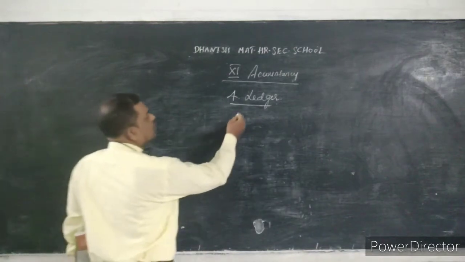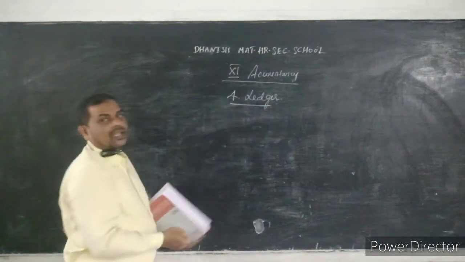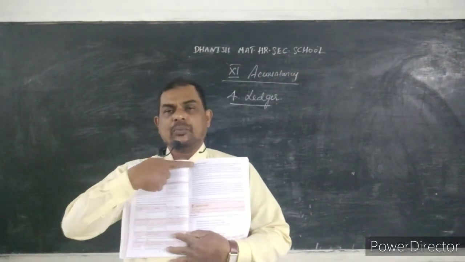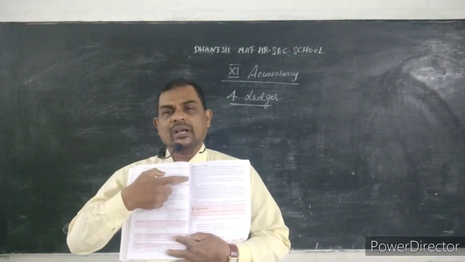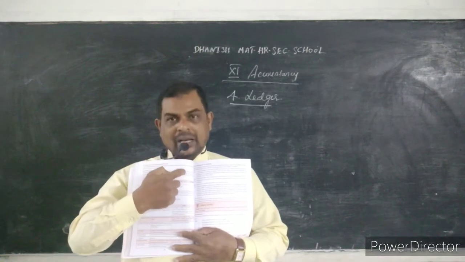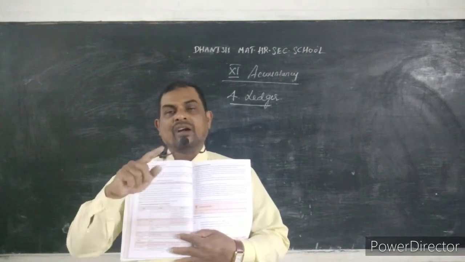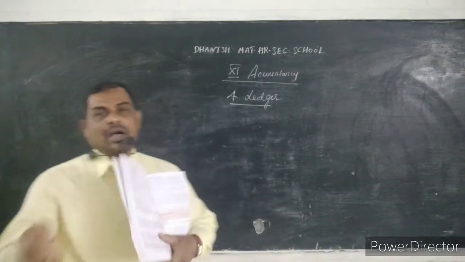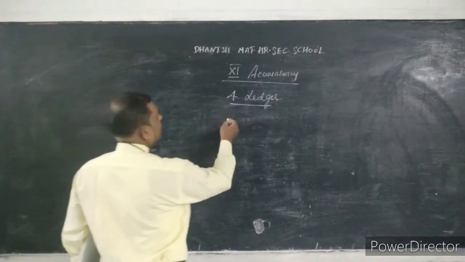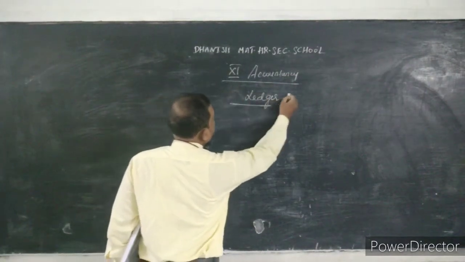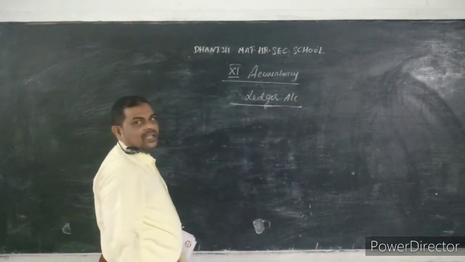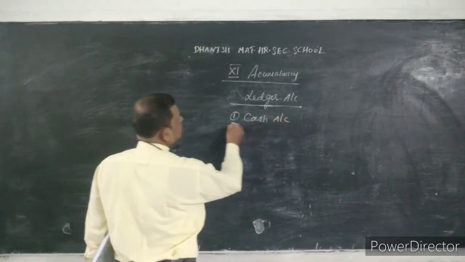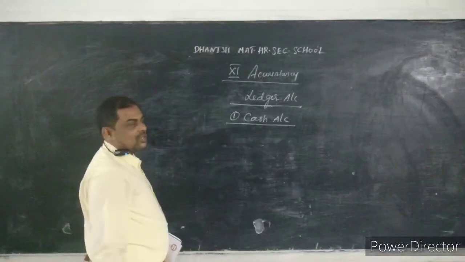So the format is, you have to put Ledger Account in the center of the ledger notebook. In the accounting notebook, this is the center place. In that place you put Ledger Account. Below that you write the name of the account. First account is cash account, second account is purchase account, and like that you mention one by one. Okay, so I will put the format now. Ledger Account, it should be in the center of the accounting notebook. Below that you write cash account or bank account, whatever the first account is. You have to give the name of the account also.